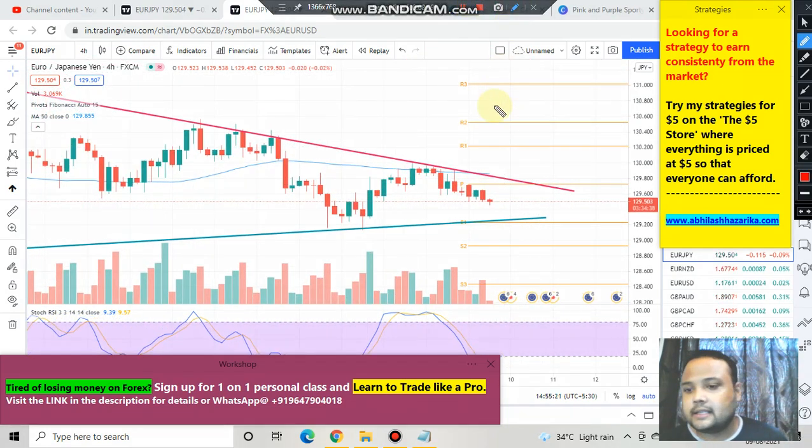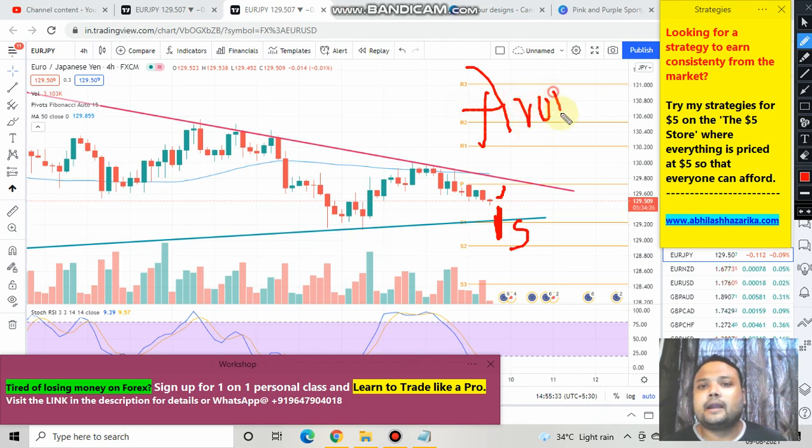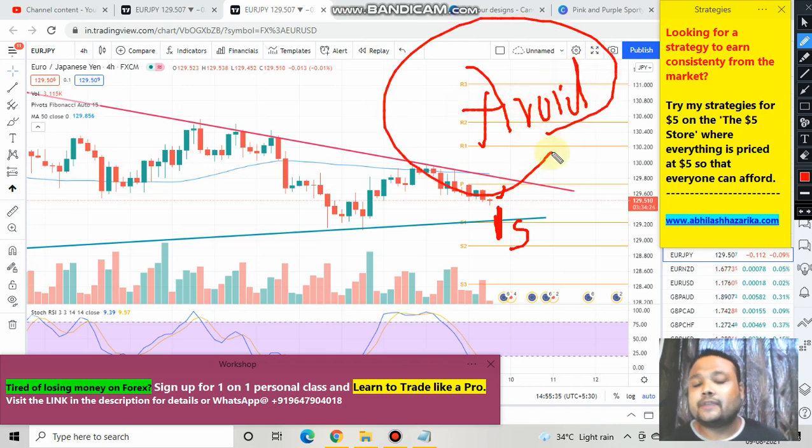Until you get a clear picture, if the market breaks the level and goes down from here with a fat big red candle, then you can short the market. But if the market goes up from here, then also I'll say avoid, because the market is respecting this trend line as a resistance for quite long. Therefore, the market looks complicated. This Euro JPY chart looks complicated. So please avoid. I'll be telling you what you need to do tomorrow again.